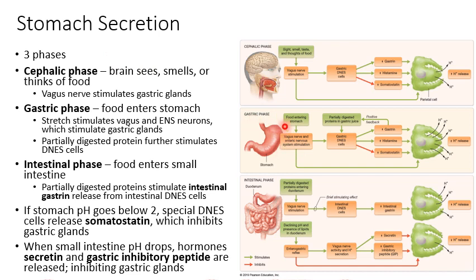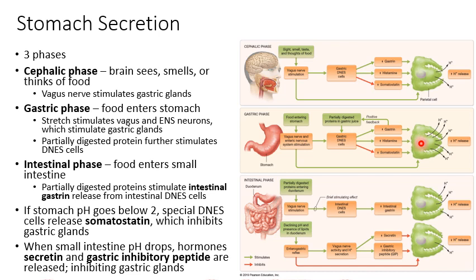Then you would move on to the gastric phase. As food is entering the stomach, that causes the stomach to stretch and activates mechanoreceptors or stretch receptors in the walls of the stomach that belong to the enteric nervous system. So now you have the ENS activating. That is going to stimulate parietal cells. Also, it's going to stimulate the DNES cells that will then release their hormones, gastrin and histamine, also stimulating the parietal cells. Then as these hormones, as the gastric juice is taking effect in the stomach,